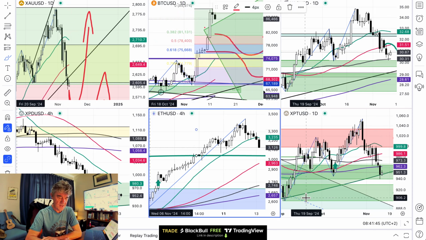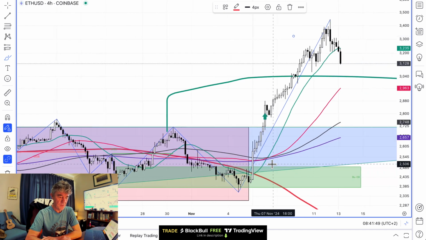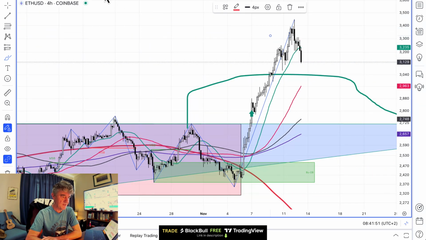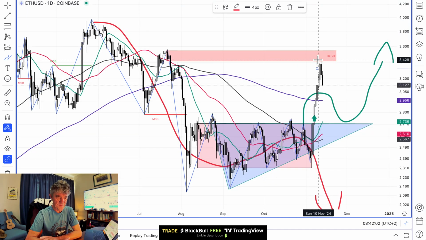Same thing with Ethereum. We've got long positions on here. We went a little higher than I expected. Let's go to the day chart. So we did get into that order block. We've still got our long positions on here, quite a nice position, but we must allow for this breakout pullback,